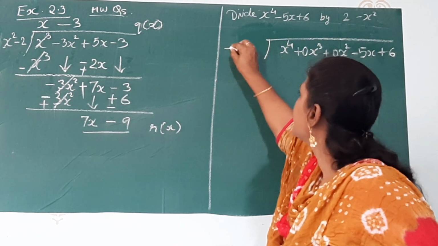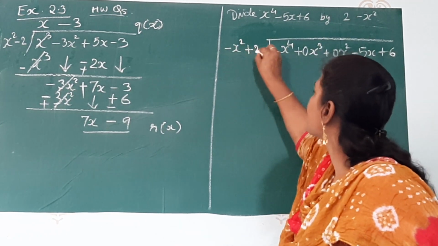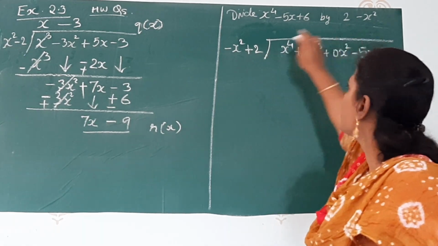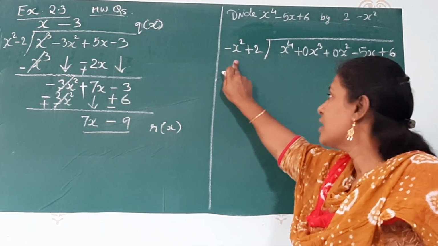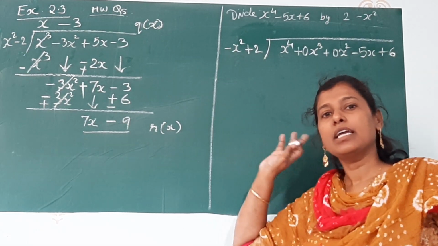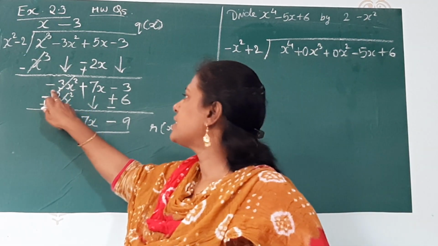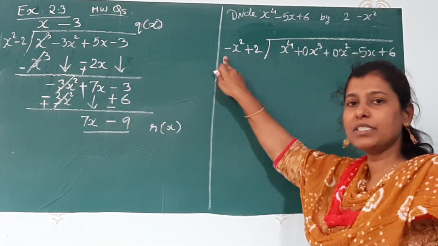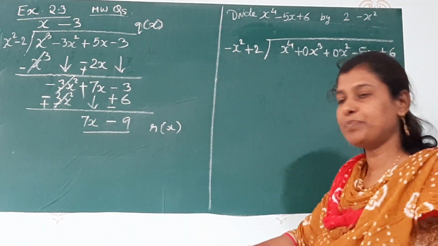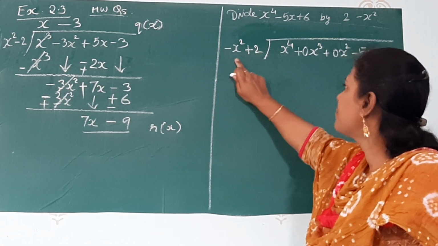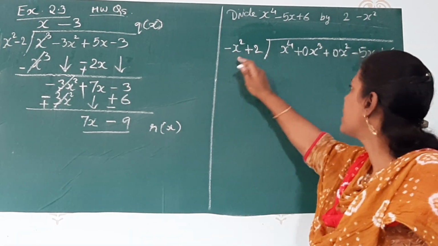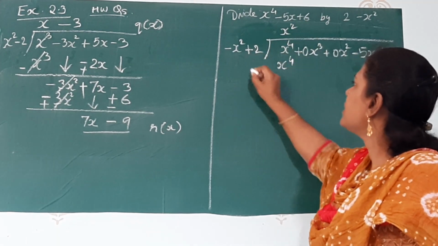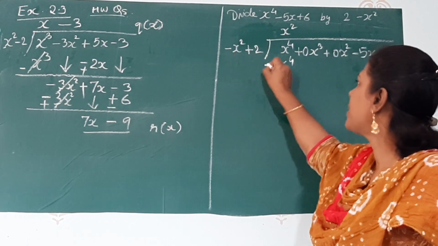Now here, minus x square plus 2. Just I am taking the terms as they are. 2 was positive, so plus 2. X square was negative, so minus x square. Now be careful when you are writing over here. In this case, I told you the sign of the first term will be the sign of the question. Here, because the first term is negative, we will take the opposite sign. So here the first term is x square. If I am taking x square into x square, x power 4. And if I am taking directly x square, it will become minus.